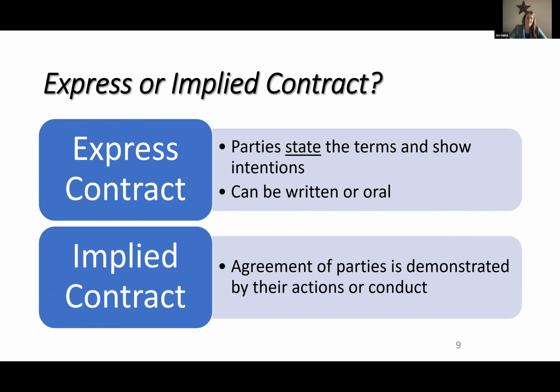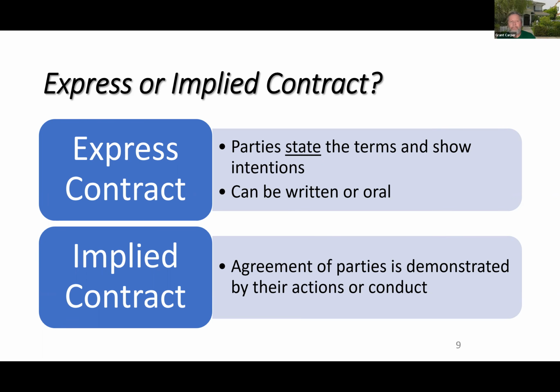Yes. Implied. Because here's what the judge would say. Patty's actions implied that she understood she was going to be bound by this agreement. Does that make sense for everybody? That her actions implied that she's willing to pay for the steak. She looked at a menu that had a price on it. She ordered from the menu that had a price on it. She never questioned whether or not she was going to have to pay for it. So it's implied that she understands she's going to have to do it. Does that make sense for everybody?